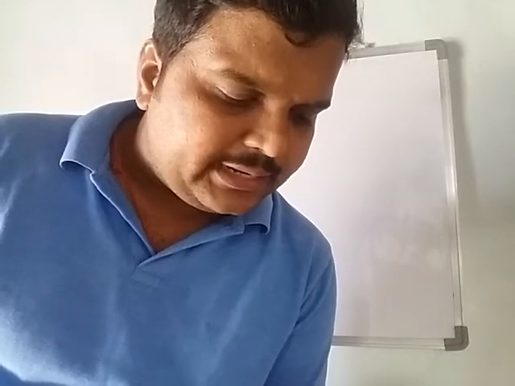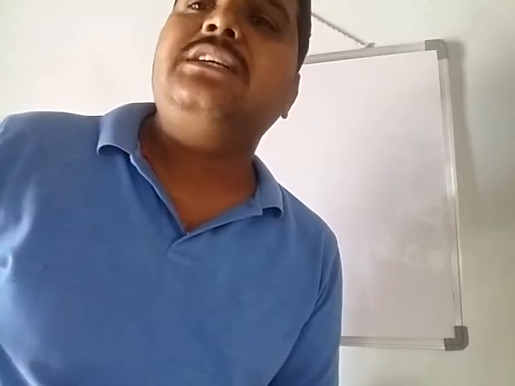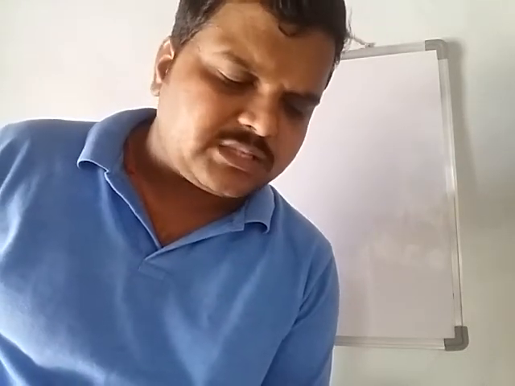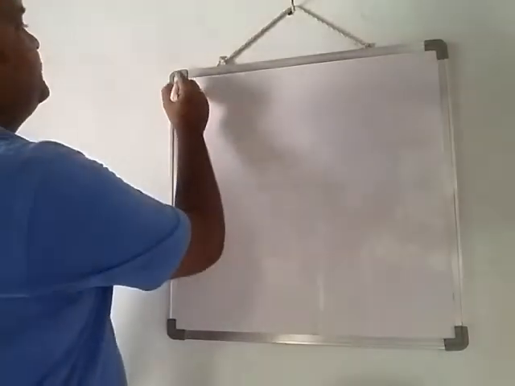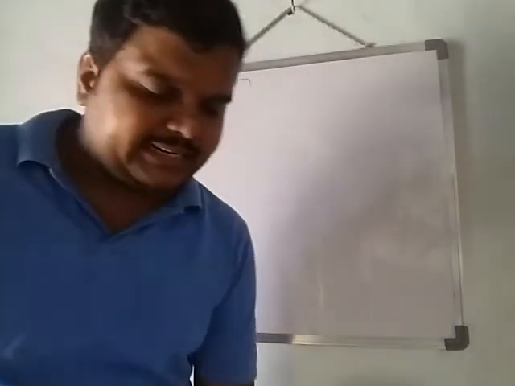The violet color merges into blue, blue into green, green into yellow, and so on. That is correct. So why? Because it is a continuous emission spectrum. It is a continuous band of colored light, not separating them. So the statement is false. So option C is correct. 23rd, option C is correct.